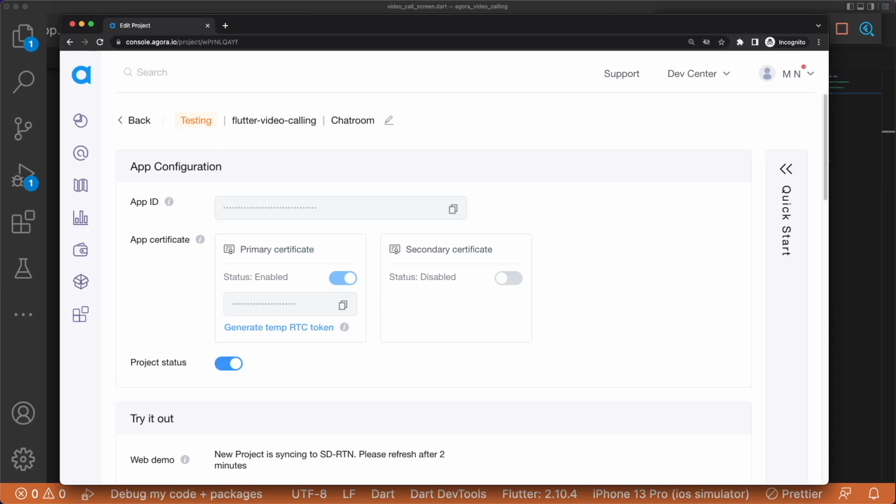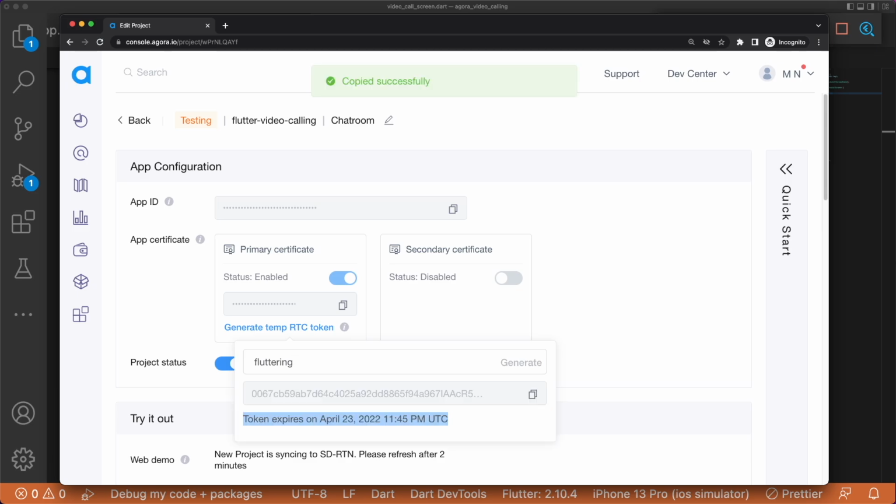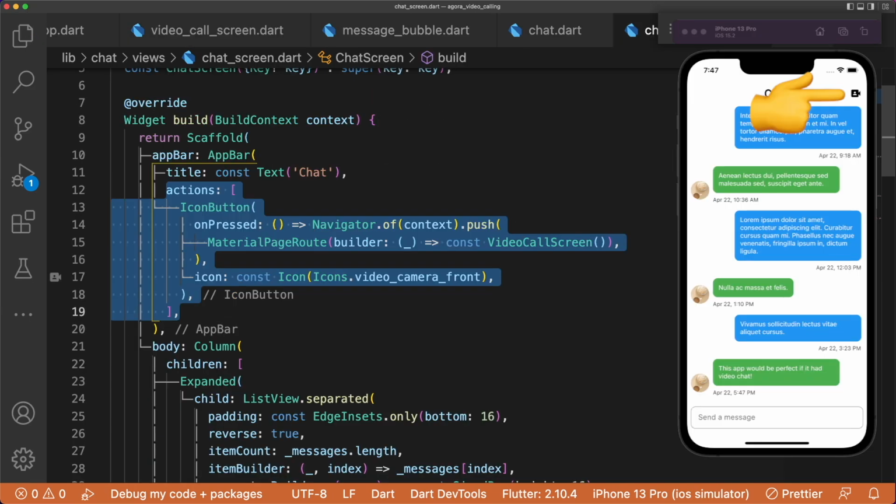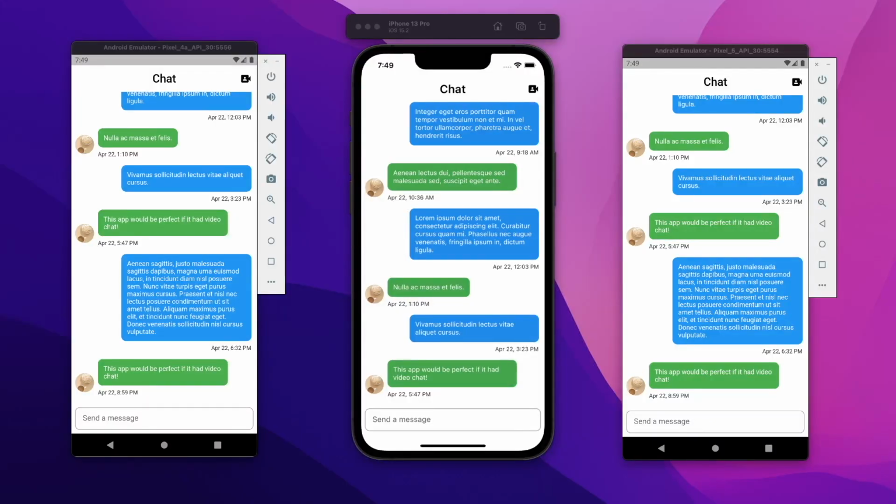To generate a temporary token for our channel, click on Generate Temp RTC Token, type in the channel name, and click Generate. Note that the token has an expiration date for testing. Let's copy that value into temp token and add the channel name. Finally, let's add an action icon button that navigates to the video call screen, and run the app on multiple